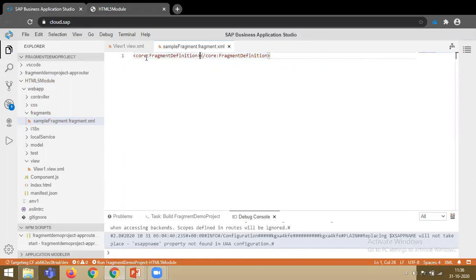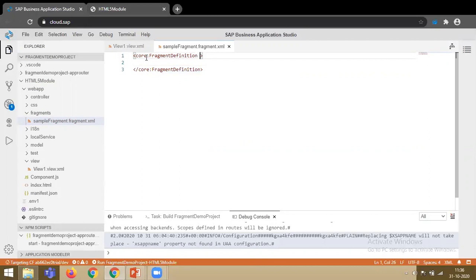Always remember that our core, that is a fragment definition, all its assets are located in the library core. So the declaration is the same as the view except the controller name, because the fragment doesn't have its own controller.